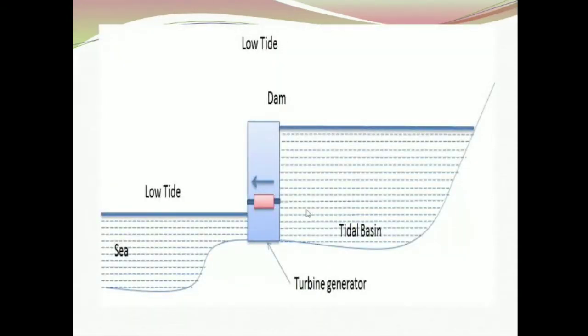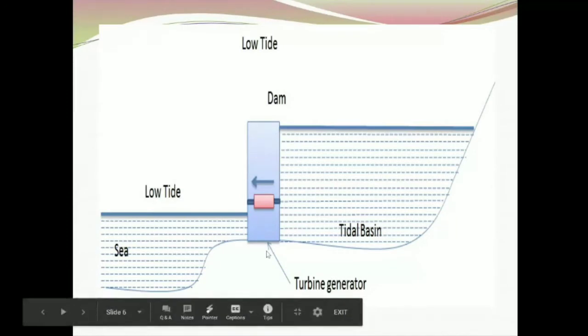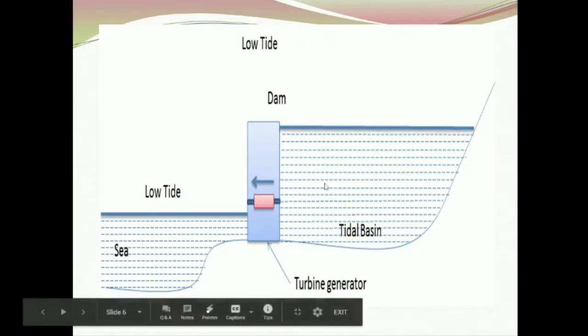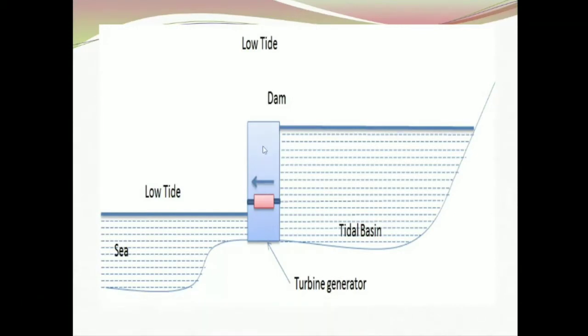Here we can see the diagram of tidal power plant. Here you can see on the left side and right side we are having the reservoir. It is known as basin. Then a dike or barrage or the dam is constructed across the sea and the tidal basin. This is a condition of low tide, that is ebb tide. During flood tide, water of the sea level rises and is allowed to enter this tidal basin.